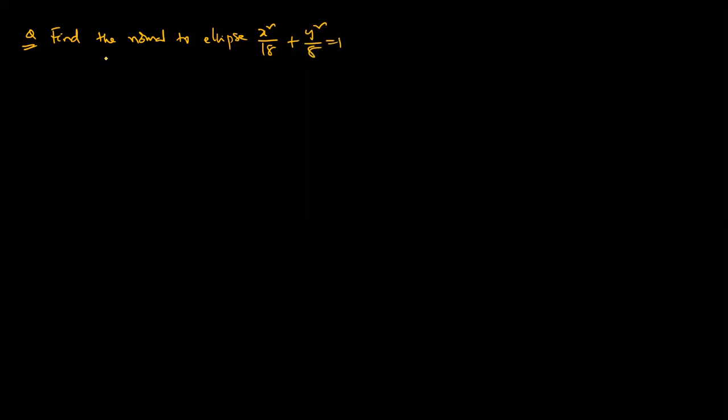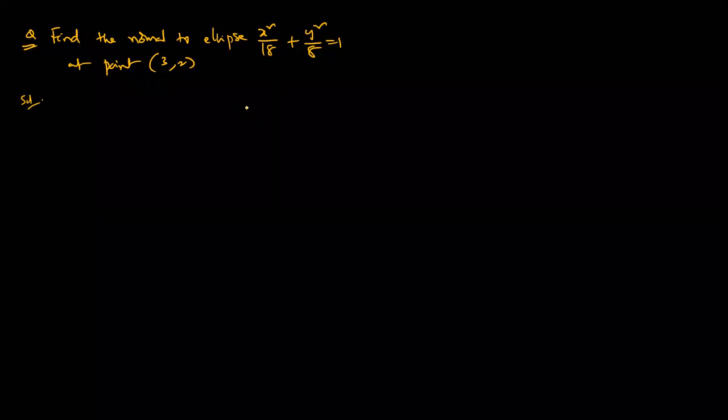So based on this, see how they ask the question. One question; after that we discuss properties of normal. Find the normal to the ellipse x square by 18 plus y square by 8 is equal to 1 at the point (3, 2). So dear students, here there are two methods. One is finding the slope, and with respect to that you can find it. Another one is the parametric form. Whichever you can solve, no problem.